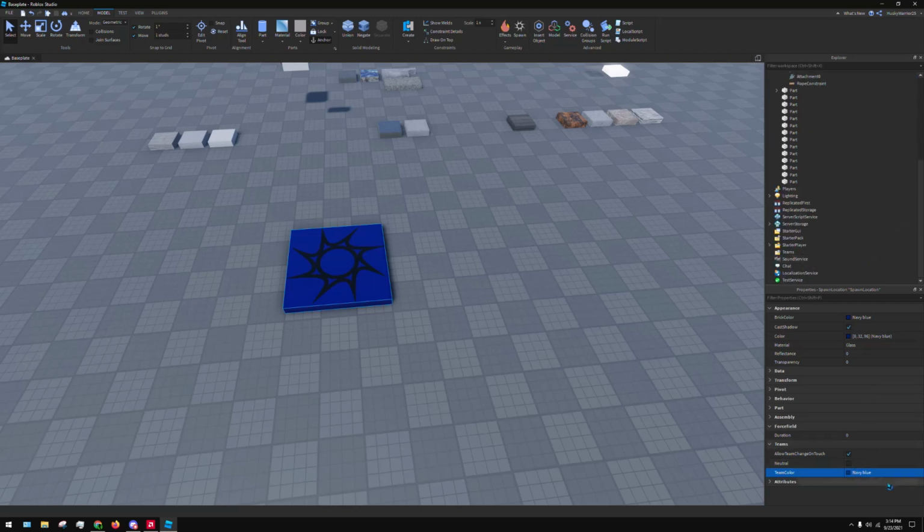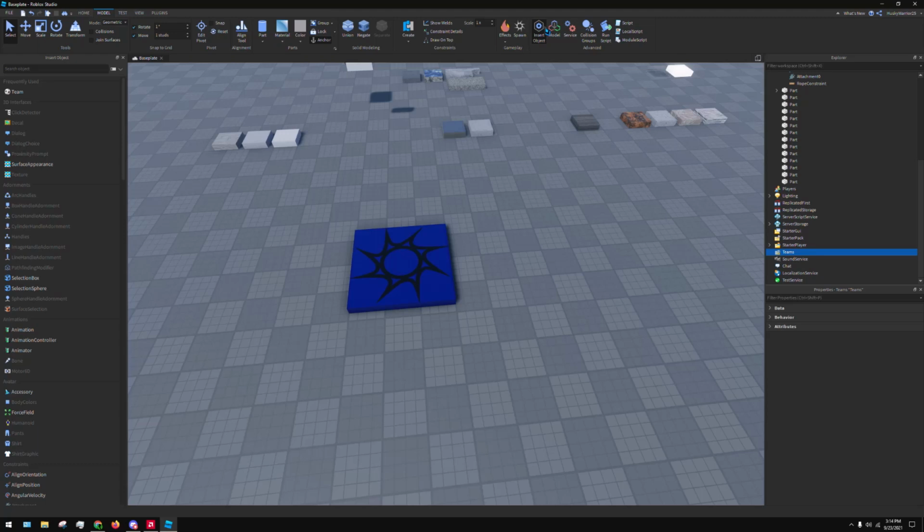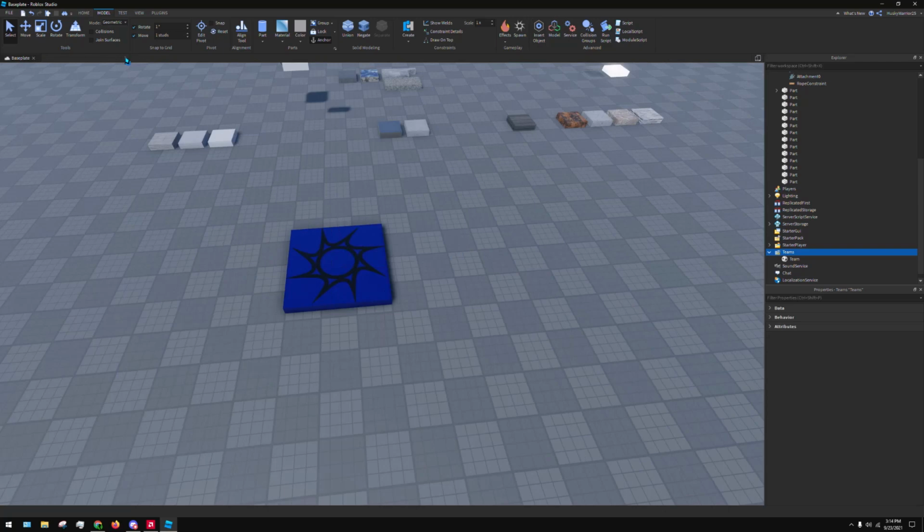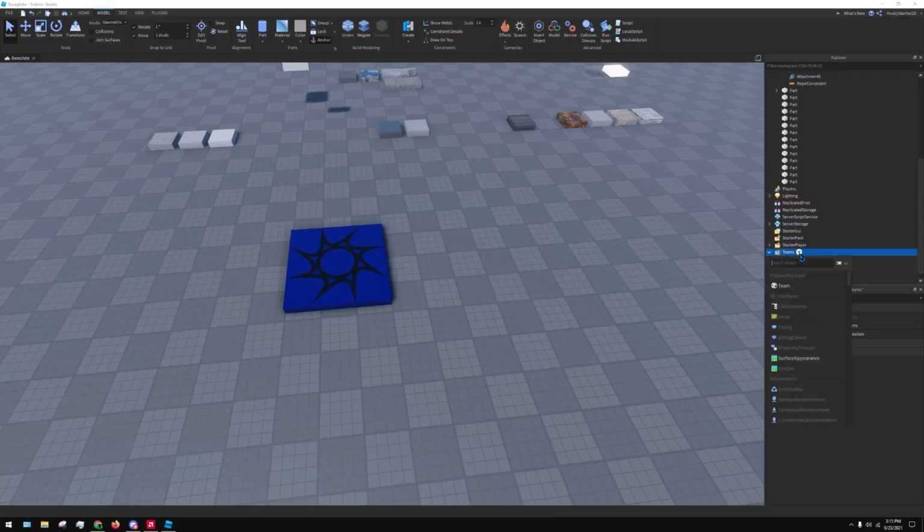So you would put team color navy blue if that's what you wanted, and then you'd have a team folder here. If there's not a team folder in your studio, I've had that happen. You would go to insert object on the model tab, and you double click team, and it should give you the teams folder once you do that. So now we have a team here, and if you have the team folder, you can just click this plus sign,